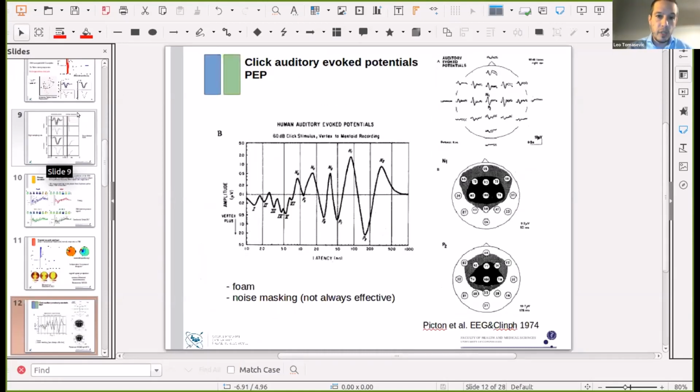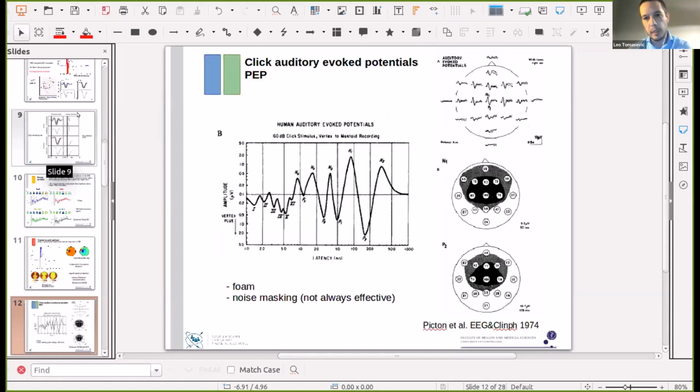Then I already introduced the click auditory evoked responses that are due to the strong click of the TMS coil. This response is usually very prominent at around 100 milliseconds, and then it has a second very strong phase at around 180 to 200 milliseconds after the pulse. The distribution of this noise is mainly in the central electrodes, having a negative deflection. This is important because N100 is one of the components that has been mainly studied in TMS-EEG protocols,